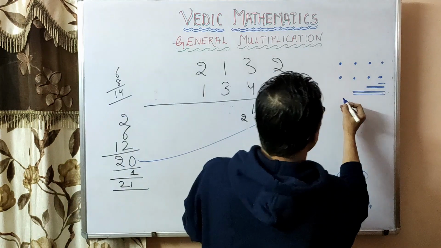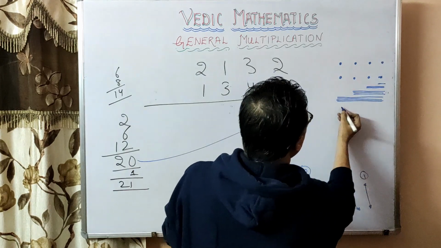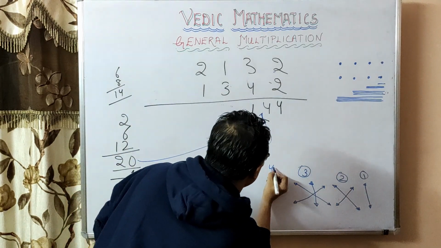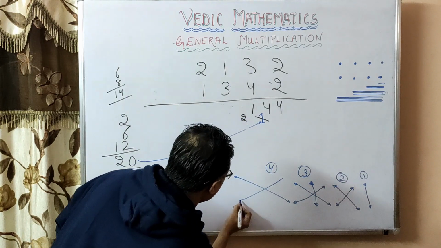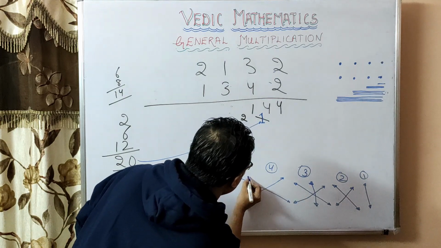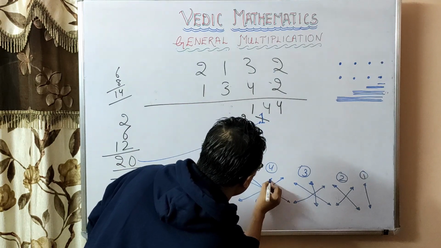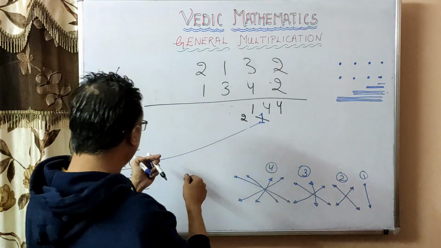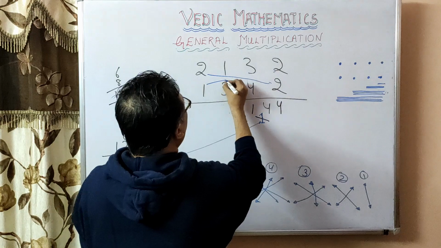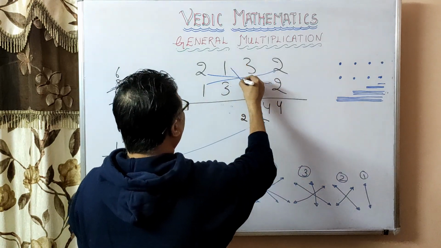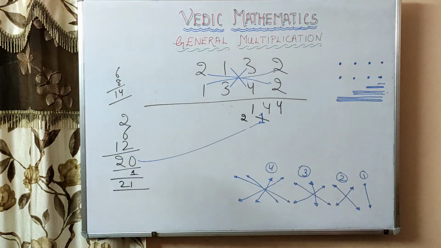So in step 4, consider all the 4 together. This is step 4. So for step 4, you have to consider all 4 together. Corner to corner, corner to corner, and the middle ones, they will be also corner to corner. That is cross multiplied. So what are we doing in step 4? 2 with 2, 1 with 2, then 1 with 4, and 3 with 3. So you see, this is our step 4.